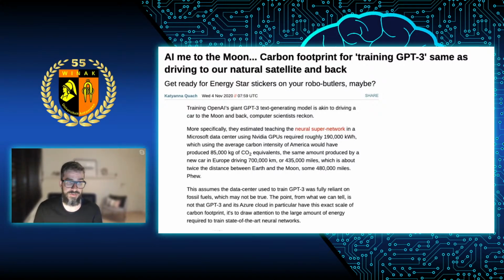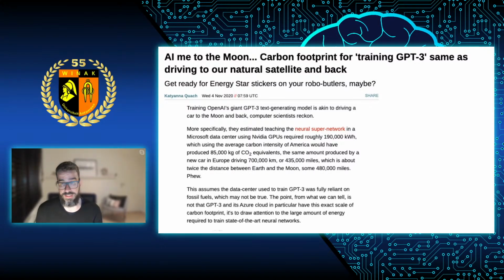Very recently, 2 weeks ago, the Standard actually published such an article by just giving it the first paragraph. So it's an unbelievably powerful neural network, but the footprint in terms of power consumption, and as a result the carbon footprint, for training GPT-3 is unbelievably high.